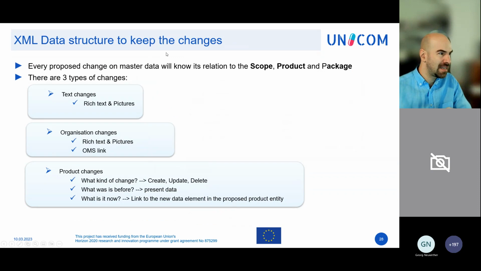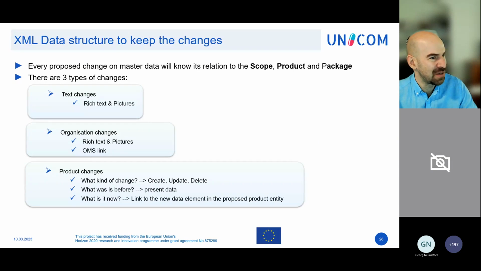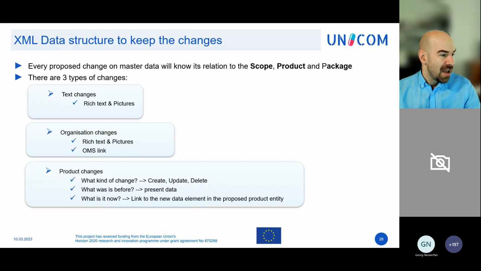So the provenance is this very complex thing that we have tried to show in an easy way. A provenance is complicated to generate, but once it's there, you get it, and you can see and understand what the change is in my application. If the applicant changes just a text, it is very easy. It just contains a rich text, so it can be bold, it can be a table, and it contains pictures. And you can take these and show them in your system.